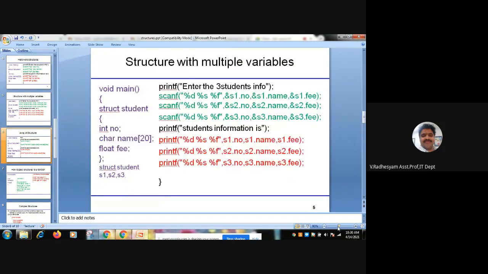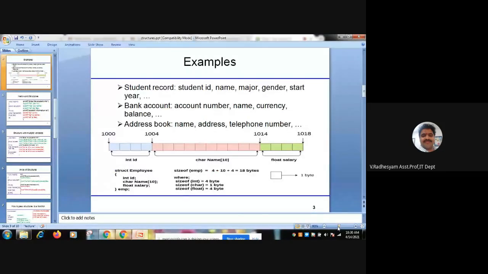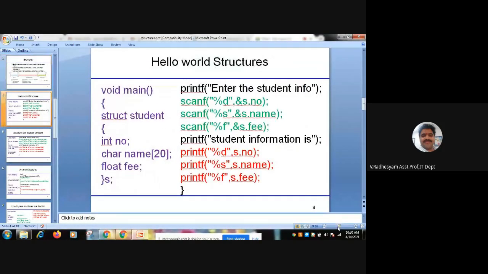See the difference from where we started. We started with a single variable s, and remember that accessing the data through the structure variable is possible only by using a dot operator. And friends, if you want to take a pointer variable also, no problem.